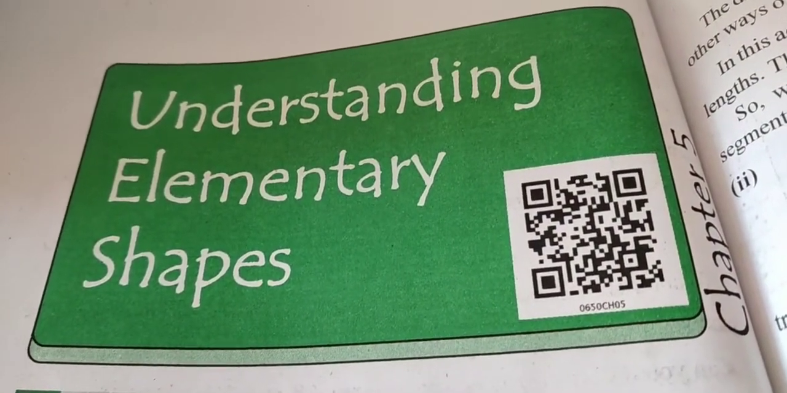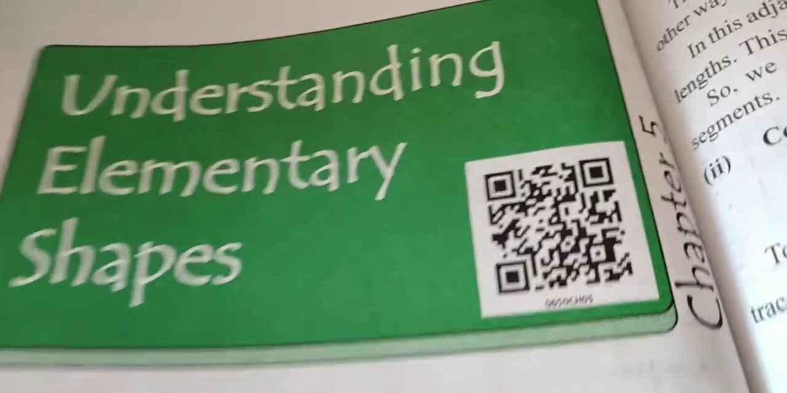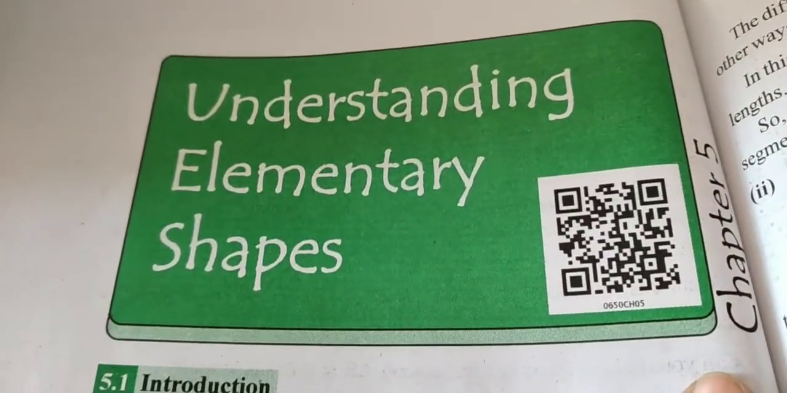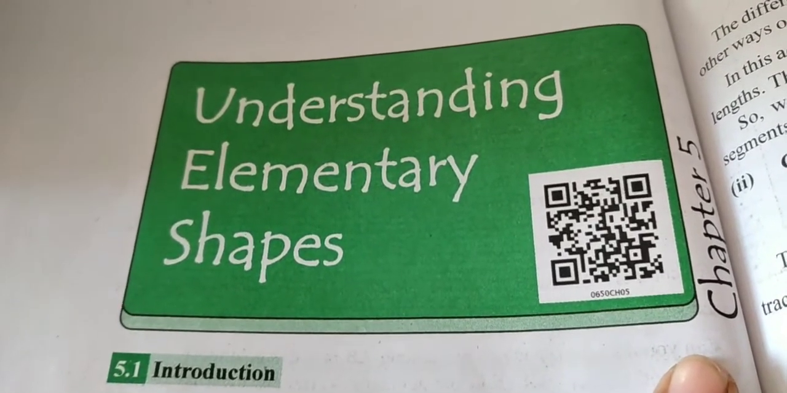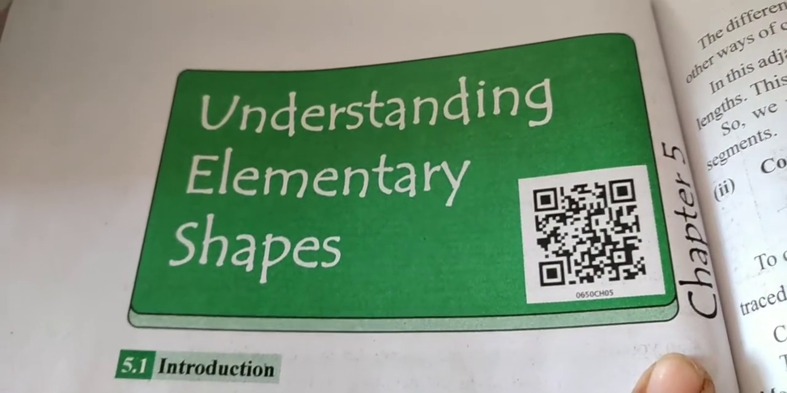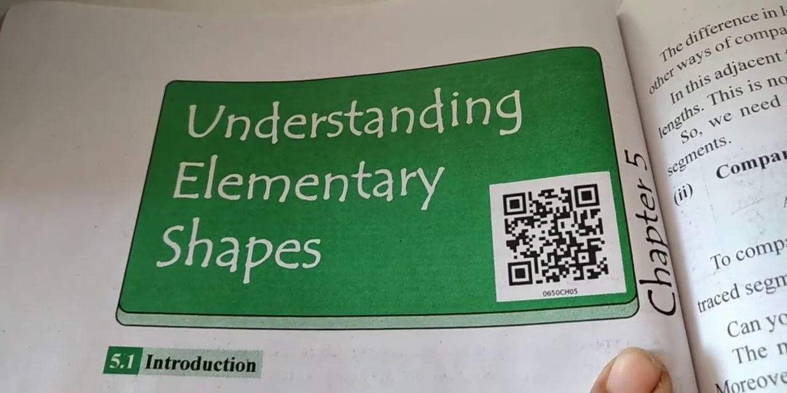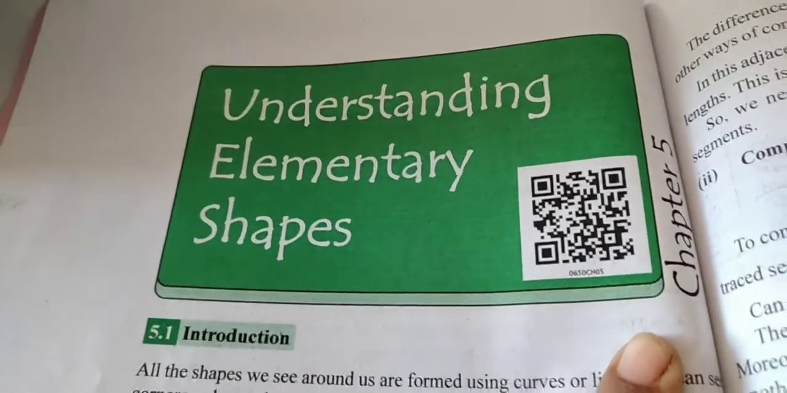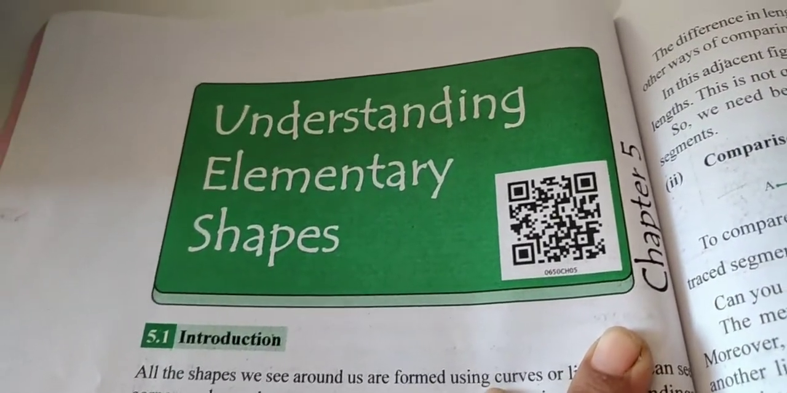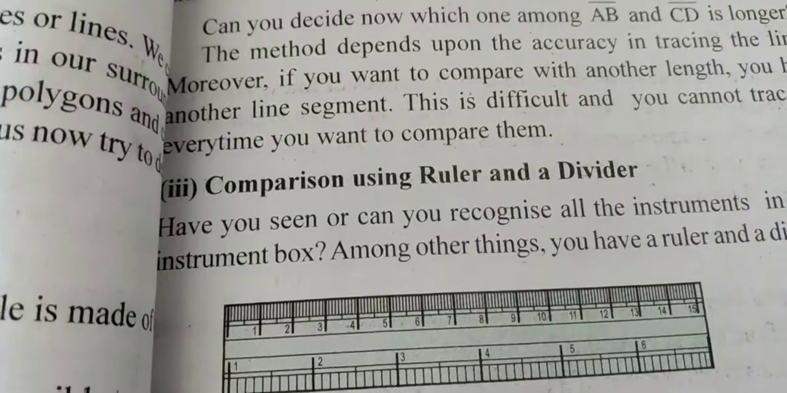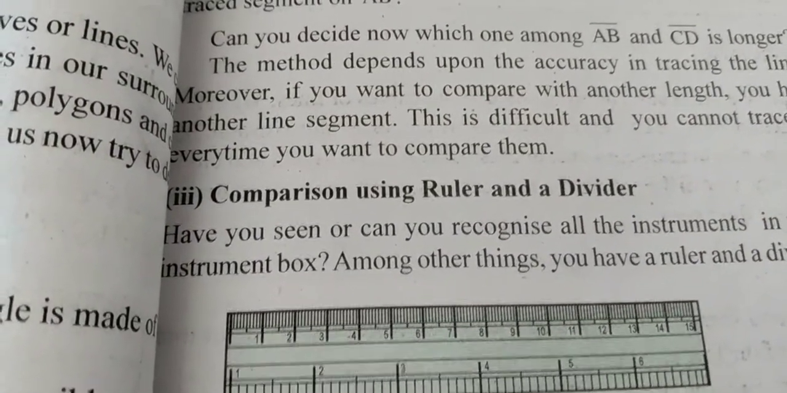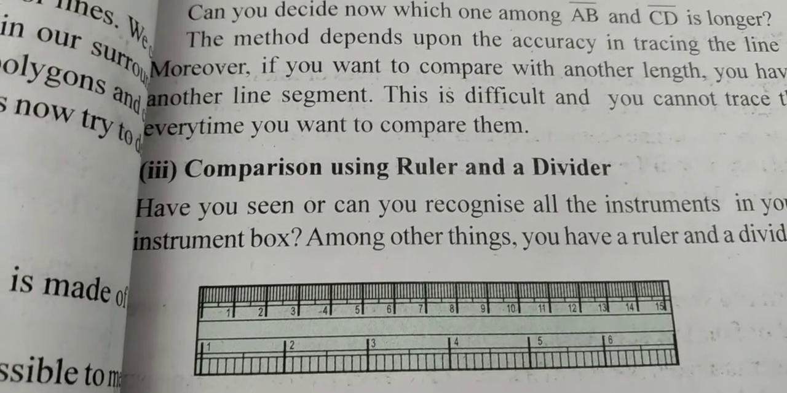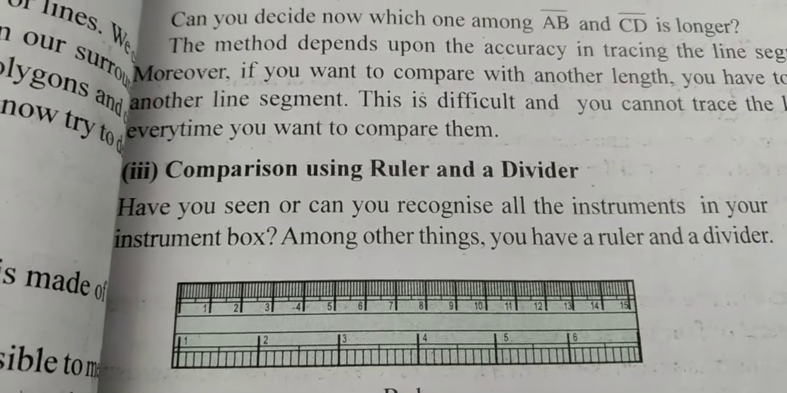Welcome children to our maths class, and today the chapter which we are going to see is Understanding Elementary Shapes, chapter number 5. In this chapter we are not going to just learn about lines and angles conceptually. We are also going to study about the instruments found in the geometry box, and how they are going to be helpful to us while drawing